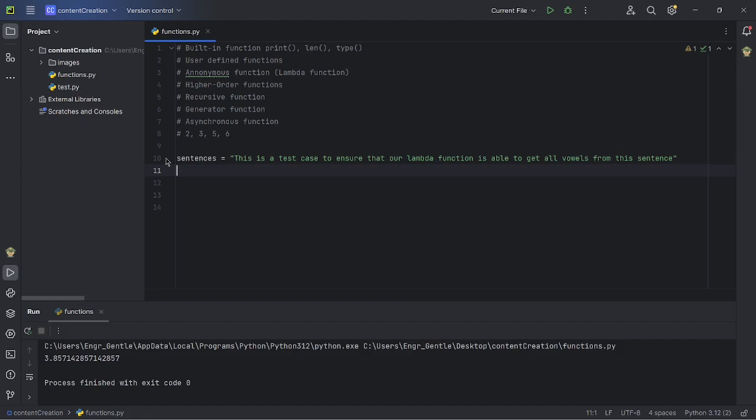Okay, I'm not going to write the def function. It's actually in the previous video, so I'm going to start directly with the lambda function right here. Now what I want here is to get all the list of vowels that are present in this sentence. So first I want to declare the list that carries all the vowels. Then from here, I'm going to define a function. So I'm going to say all